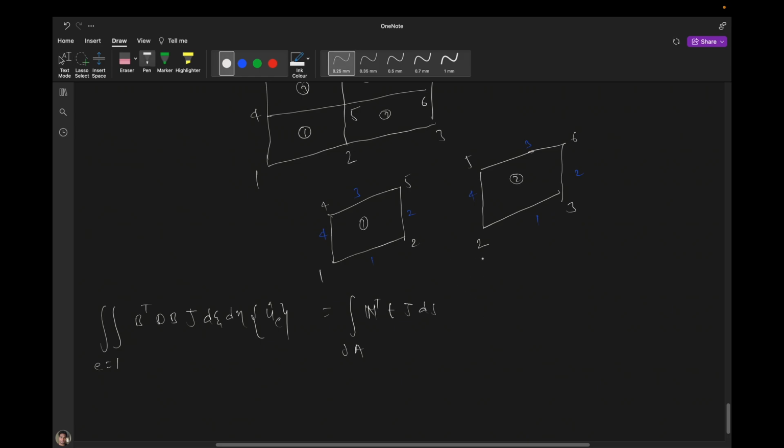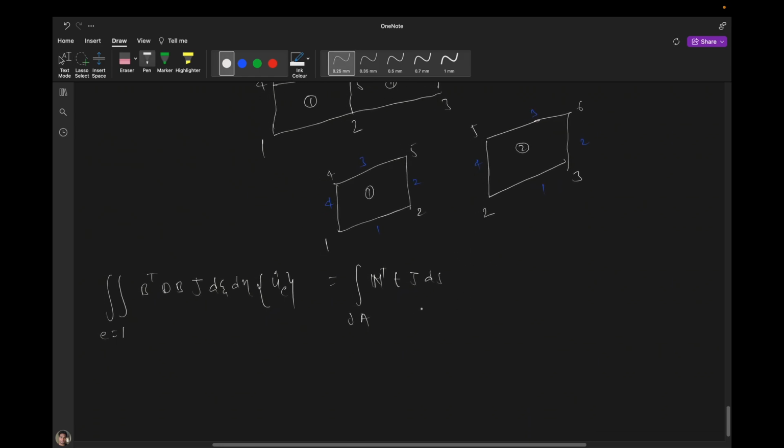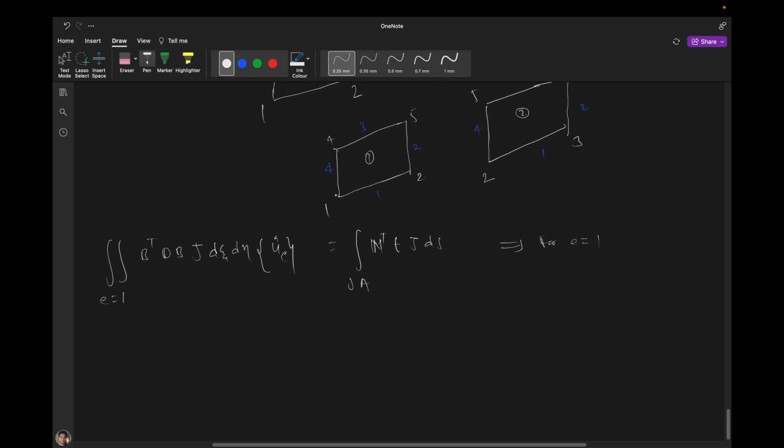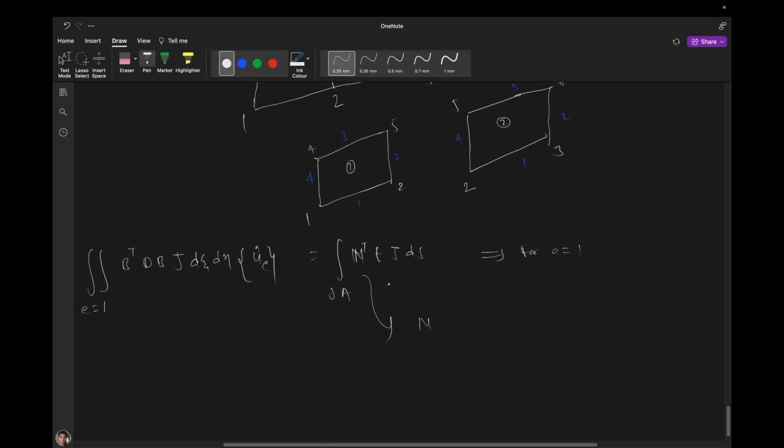There is no body force, so we will not use that. So for element e equal to 1, we will have this N matrix, the shape function matrix, and for the shape function matrix it will do a line integral,